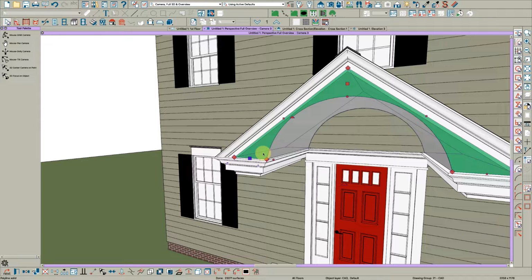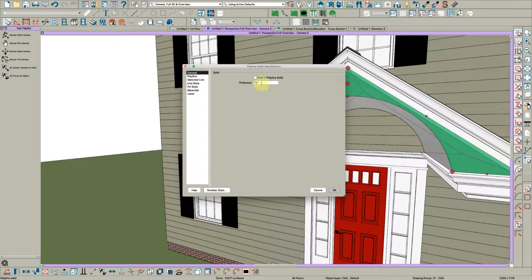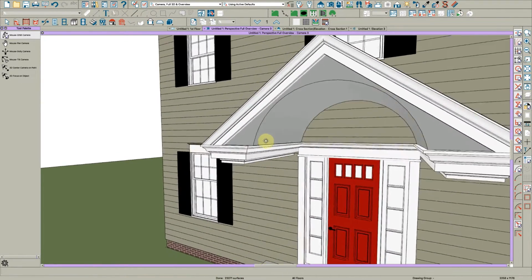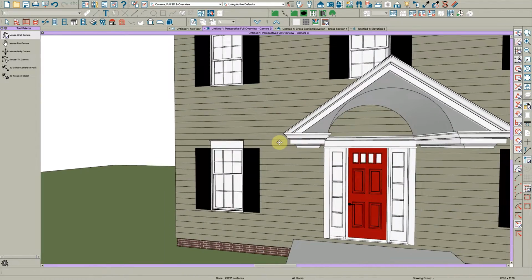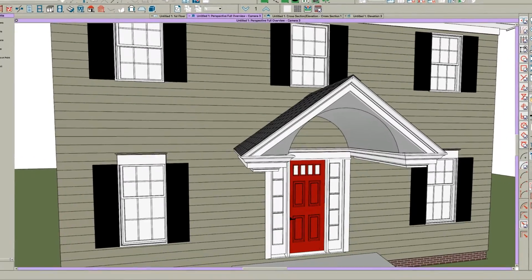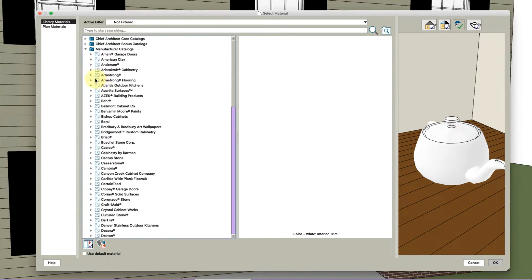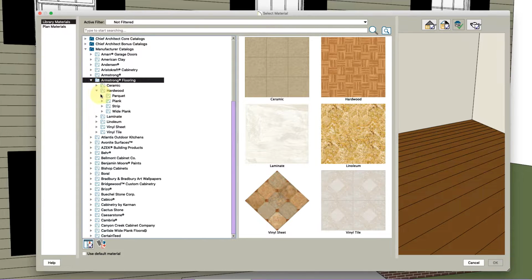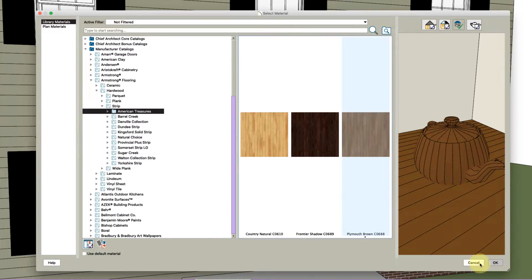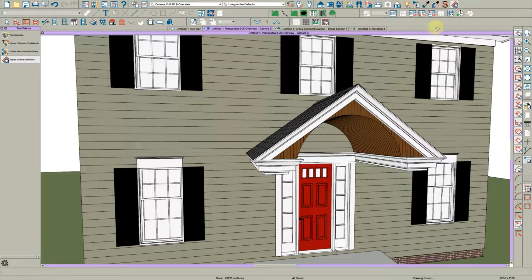And let's just make it, no, let's open it and edit it and make it 68. There we go. Beautiful. And I am going to paint it with a plank. I'm going to use an Armstrong flooring, hardwood strip. We'll just use that. It doesn't matter what you paint it. Then grab the rainbow tool